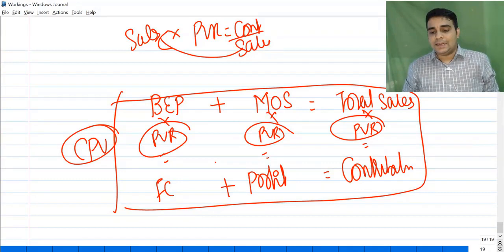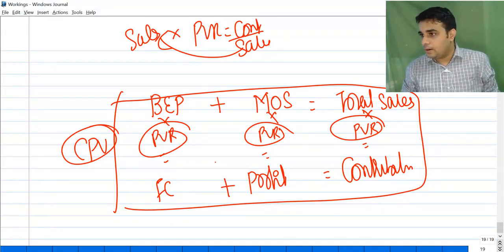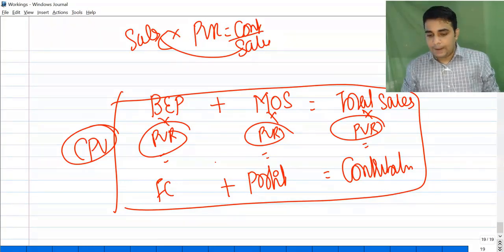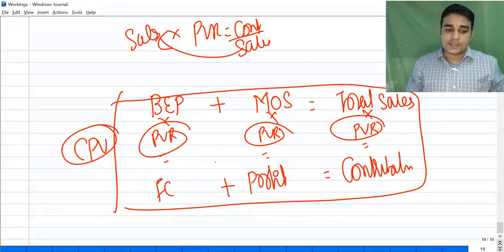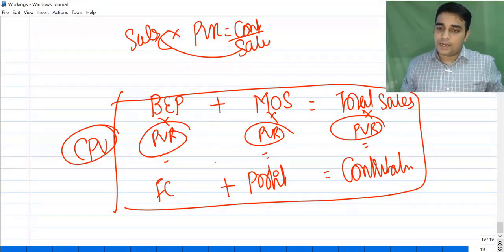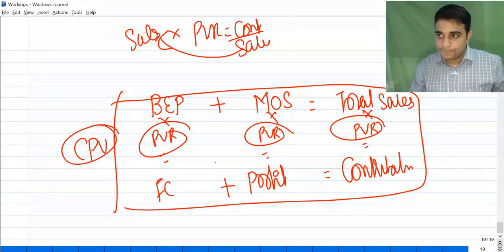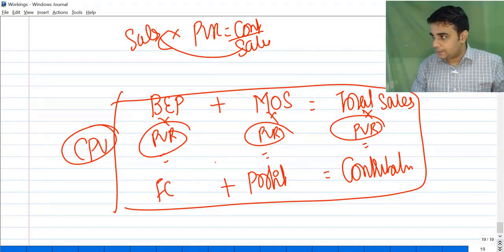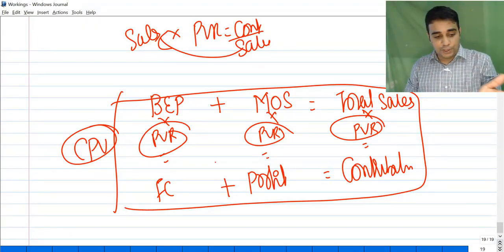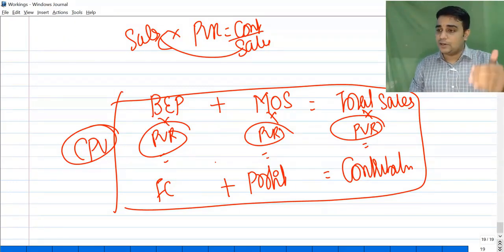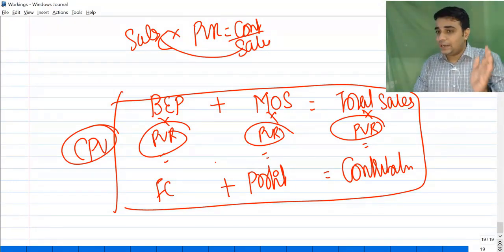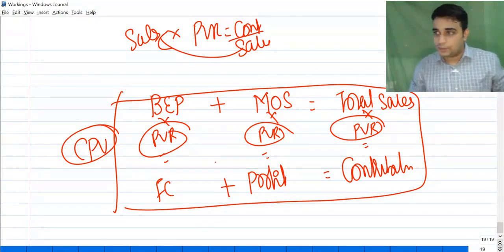Now this technically gives me two different formulae. One formula is for break even point and one formula is for margin of safety. Apart from that, it can give any number of formulae. These two things I wanted to discuss: one was your break even point, another one was margin of safety. So these two formulae come from this place. There are other formulae for break even point. You can say break even point is total sales minus margin of safety. You can say break even point is equal to fixed cost by PVR. So you can arrive at multiple different ways to get to this number.